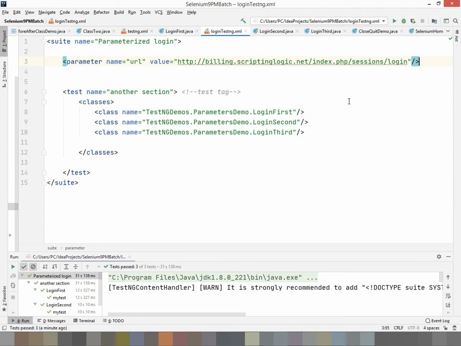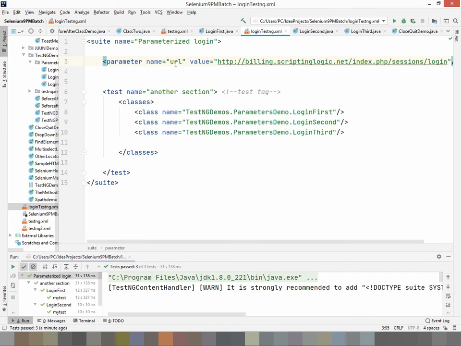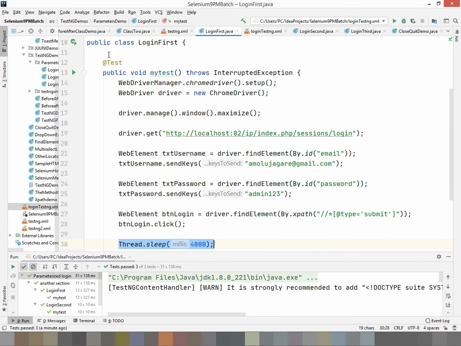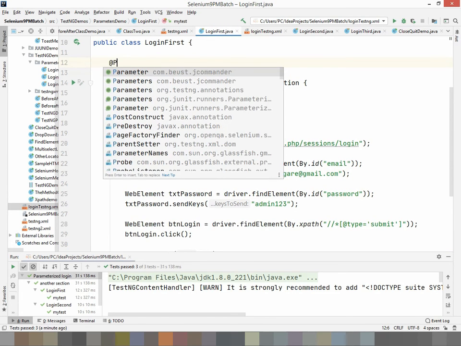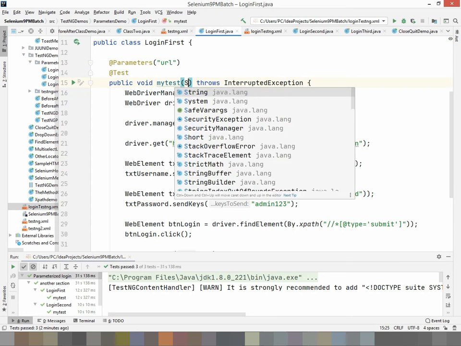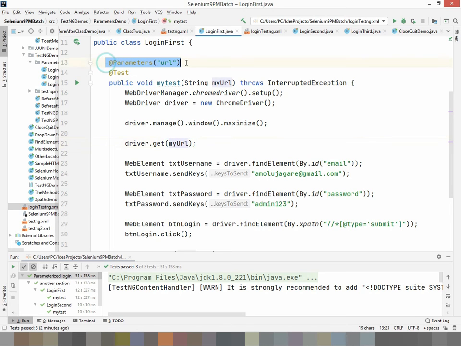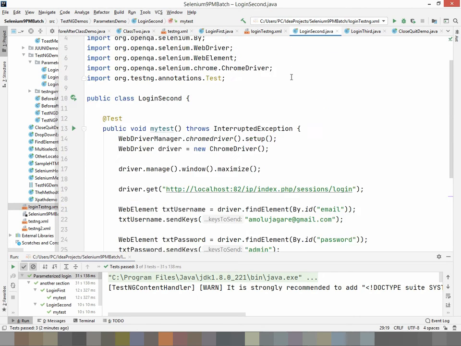This is looking like this. For this example I'll be using only one parameter, so let's use this URL. Go to this first, and above this test, add @Parameters, and use the parameter from testng.xml, in double quotes URL, and my test string, let's say myURL, and use this URL in driver.get. Now we do the similar thing in the second one.